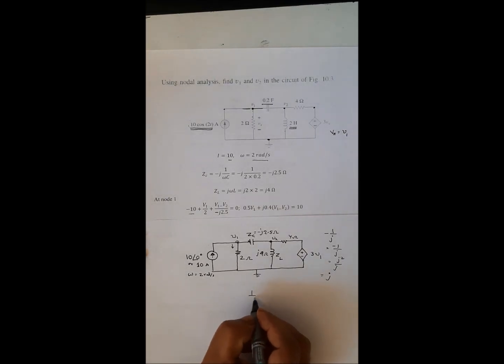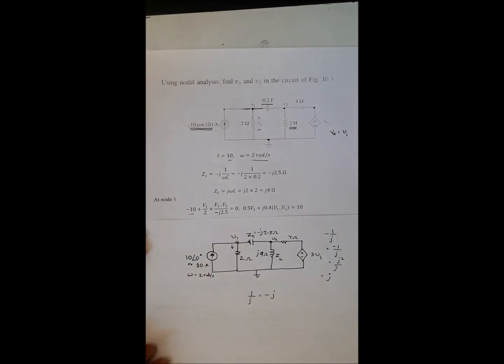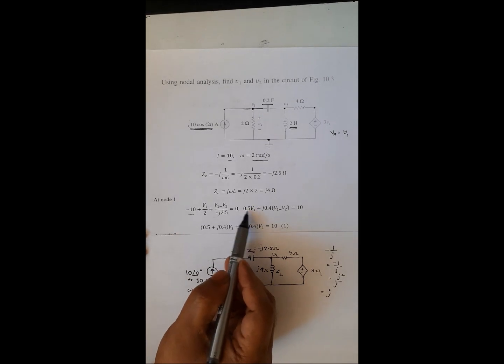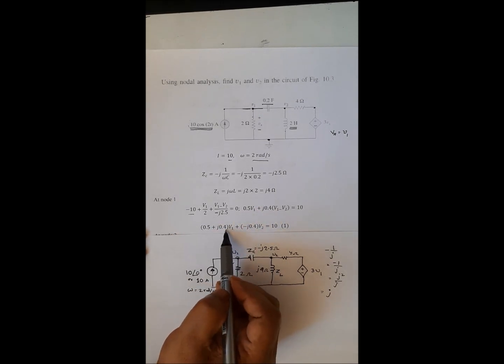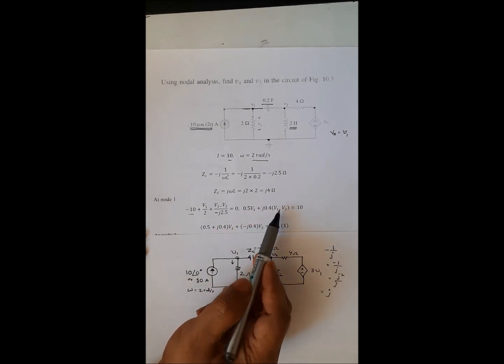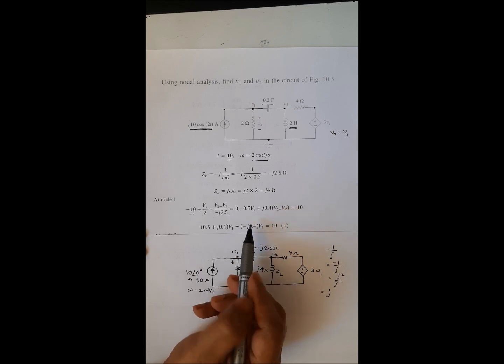Similarly, 1 over j will be equal to negative j. Now if I simplify this equation, you get 0.5 plus 0.4 j V1